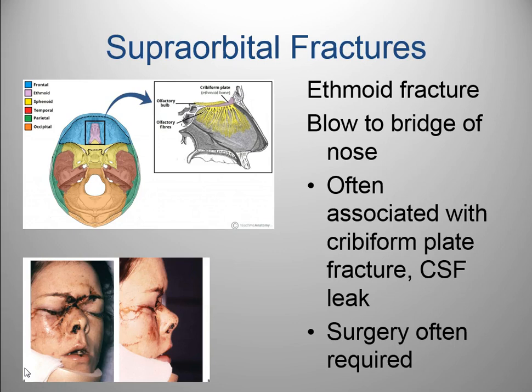You can also have another kind of supraorbital fracture called an ethmoid fracture. So if you look at the top picture here, you can see the cribriform plate. The brain actually sits right there, and you can see the olfactory bulbs and the olfactory fibers, nerves from the olfactory cranial nerve that helps you smell. So if you have an ethmoid fracture, which this woman below does, it doesn't look like a very pretty picture. She was probably in some kind of a motor vehicle accident where she got her face bashed in. Anyway, you have to worry about more important things like